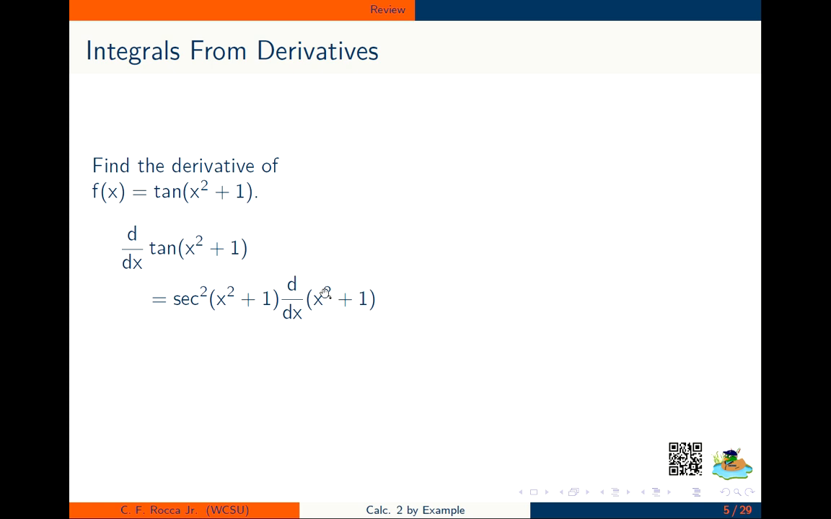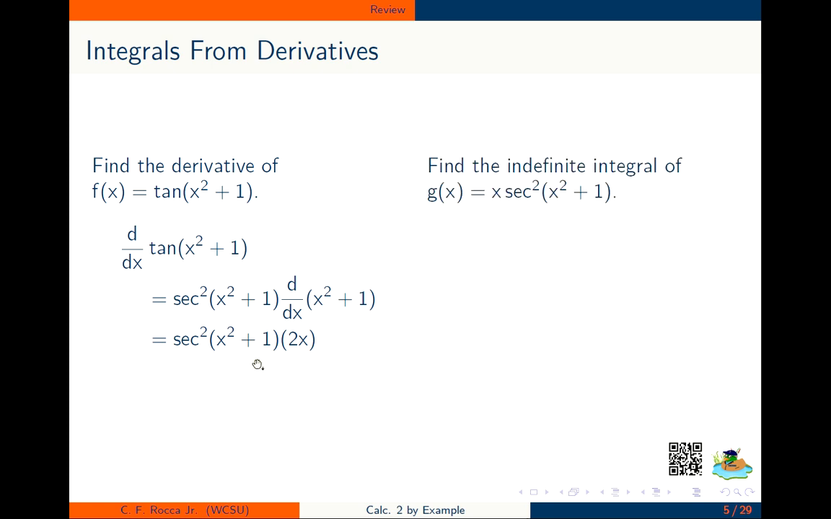the inside function. And so now we need to take the derivative of x squared plus 1, which is 2x. So the derivative of tangent of x squared plus 1 is secant squared of x squared plus 1 multiplied by the quantity 2x. Now, suppose that we want to find the indefinite integral of a function that looks a lot